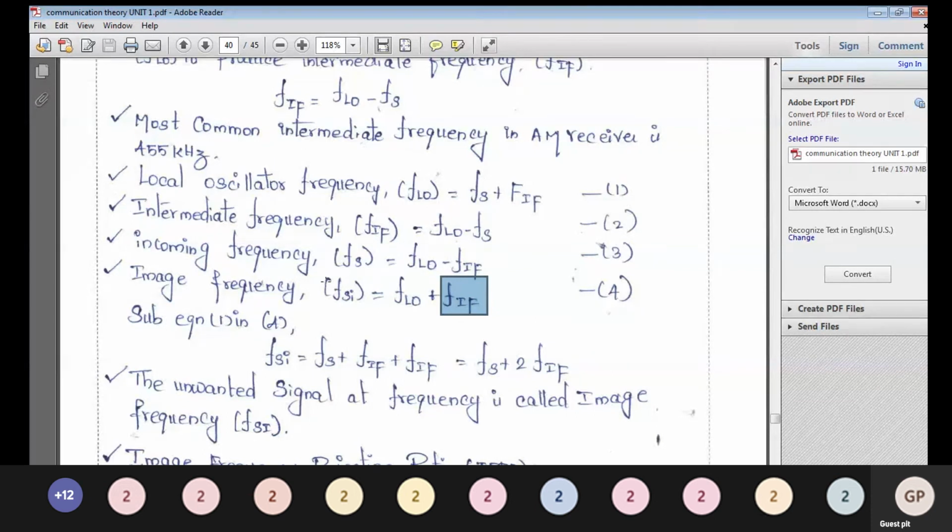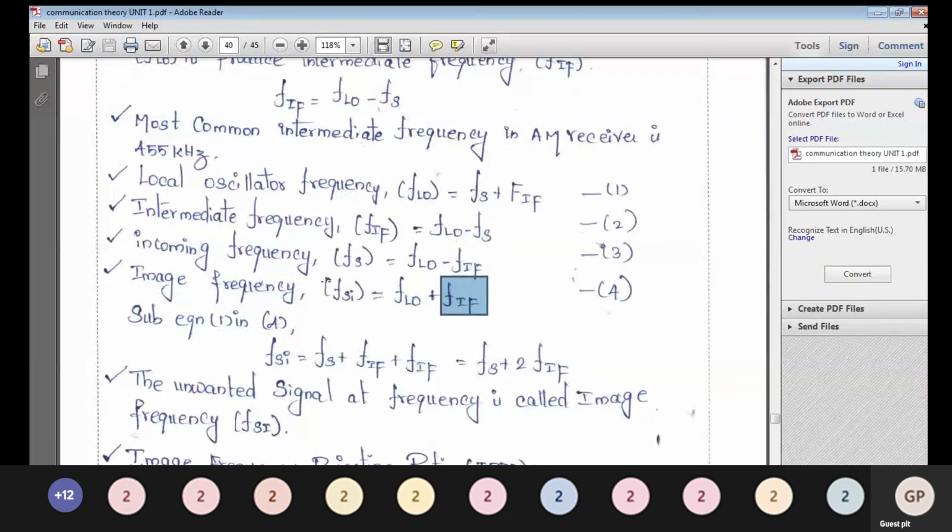Incoming frequency is 9. 9 minus 2 is equal to what? 7. Okay, this is the correct frequency, because the intermediate frequency is 7, the local frequency is 2, and the incoming signal is 9. When the incoming signal is 9, we apply the formula 9 minus 2 is equal to 7. So that's okay. So the 9 is our desired signal.